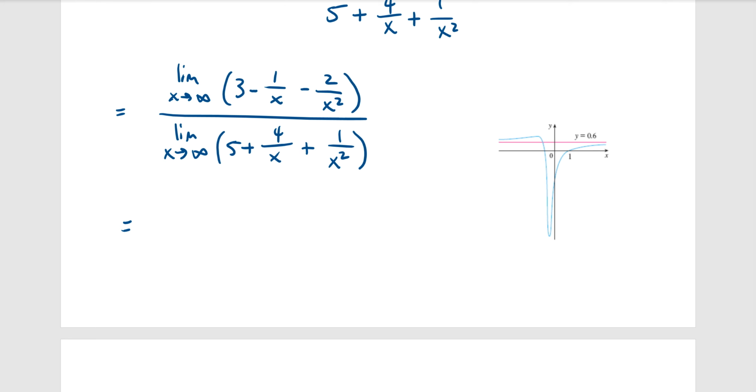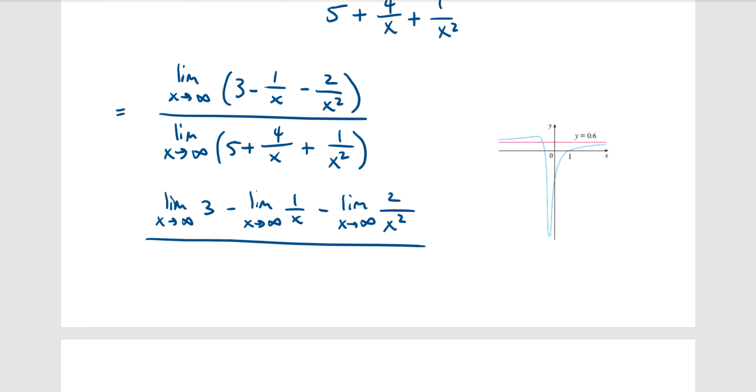So we're going to be taking the limit of 3 minus the limit of 1 over x minus the limit of 2 over x squared for the numerator, and then the denominator looks similar, and it looks something like that. Just be careful, make sure that there's subtraction where there should be. And now we can use our easier kind of limit laws in the rule that we just learned, and we can say that the limit,